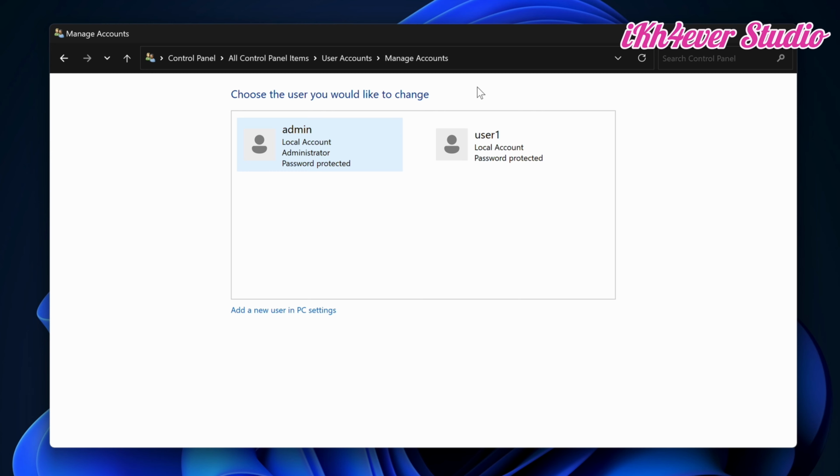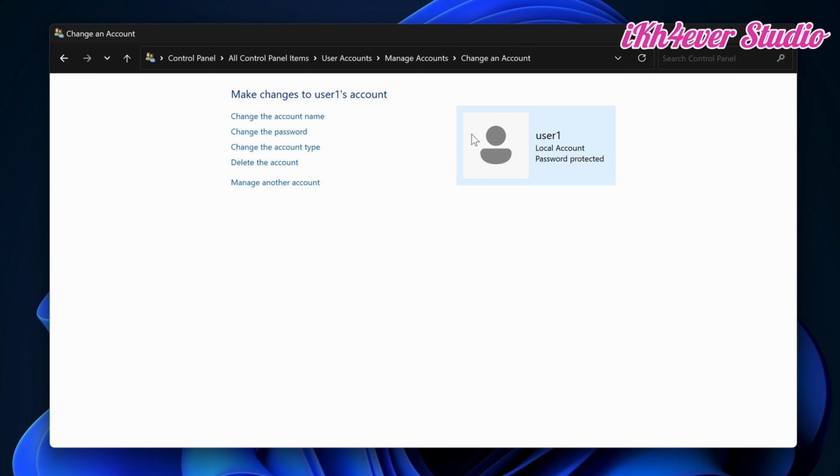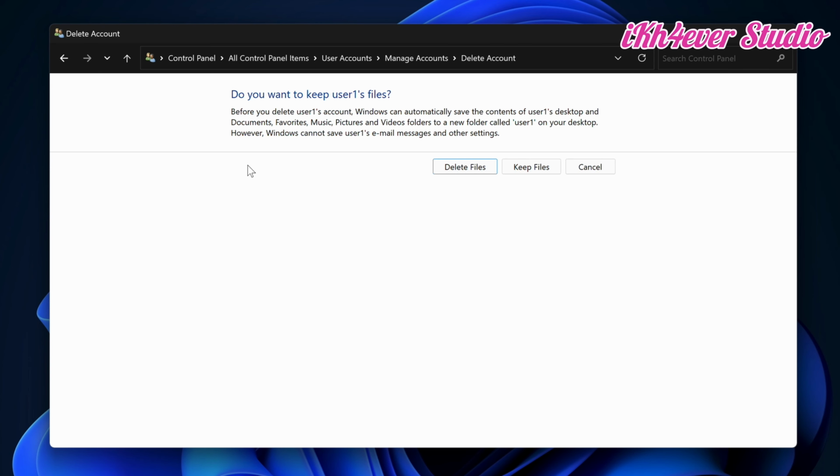So for example, I want to delete the user one, so I just click on it and it will bring you to this screen, and you will see a lot of menu options, but if you want to delete, you just click on Delete the account. When you delete it, the prompt will ask you